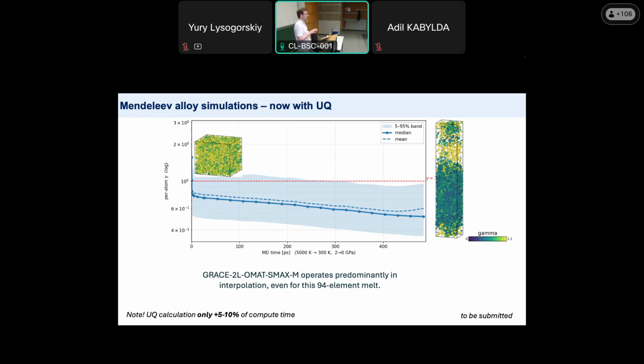If I evaluated the same using the OMAT model, it would be orders of magnitude worse. So this is a nice example of the difference in coverage.